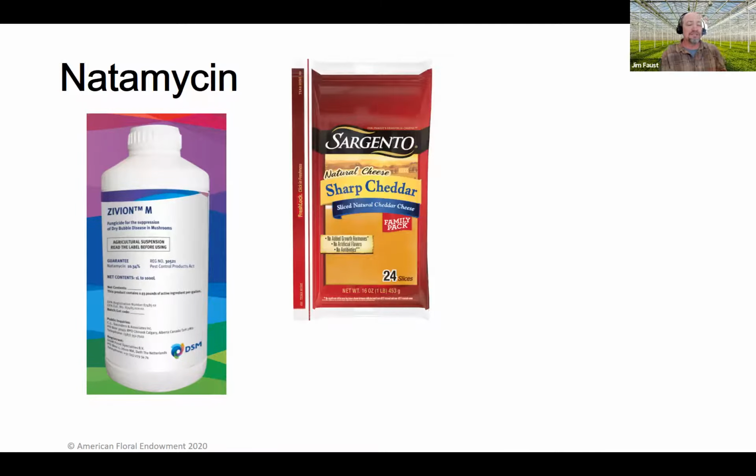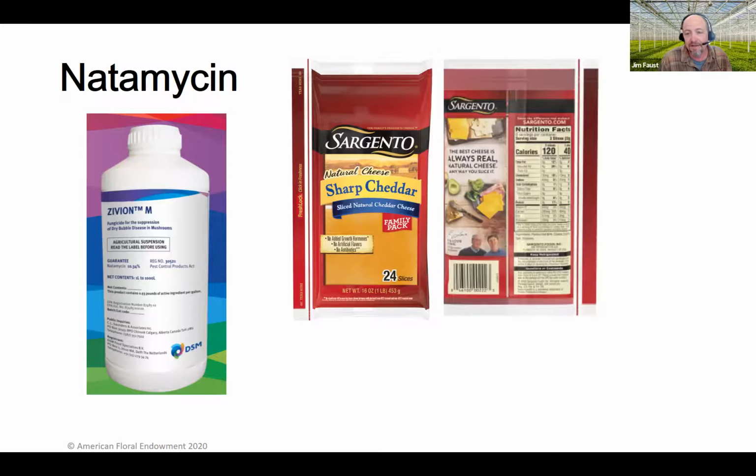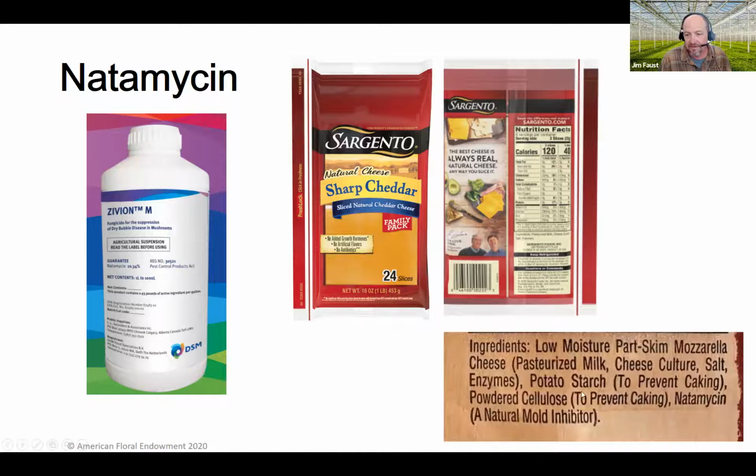Where you would actually see natamycin more commonly is if you purchase cheese products and you look on the back of the label. This is a very common food preservative used in the food industry. So if you look closely at the label here, besides all the cheese active ingredients, you see natamycin, a natural mold inhibitor, listed in here. And so this has been used for decades in the food industry. It's considered quite safe,